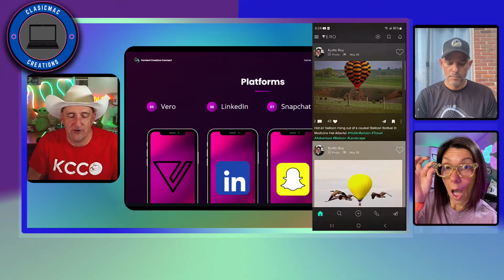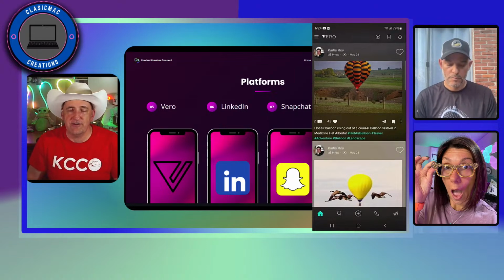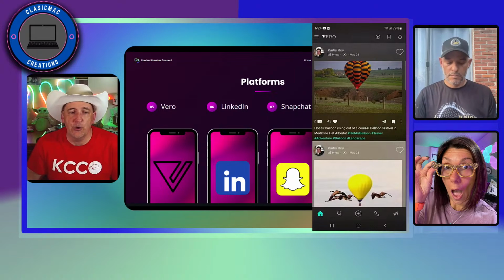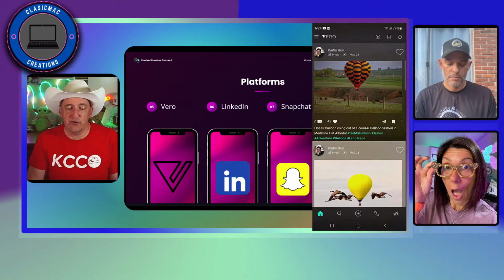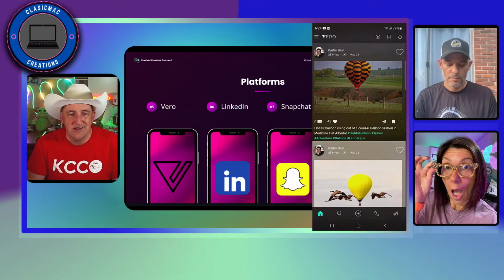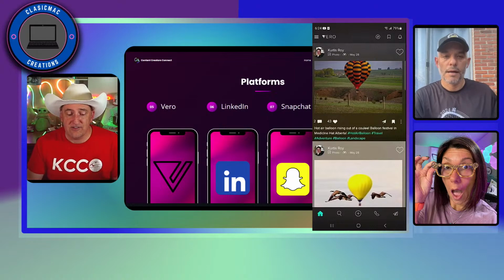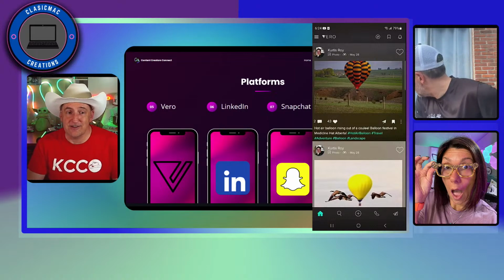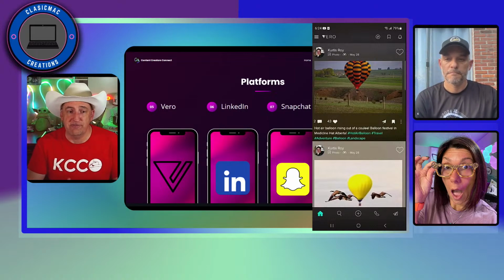This is for appreciation of the photography art. If this is something you might be interested in, go ahead and check out Vero. It's a great app, and you can start making your network and following people. It's very similar to Instagram, but it also gives you some content creation ideas in terms of good visuals.